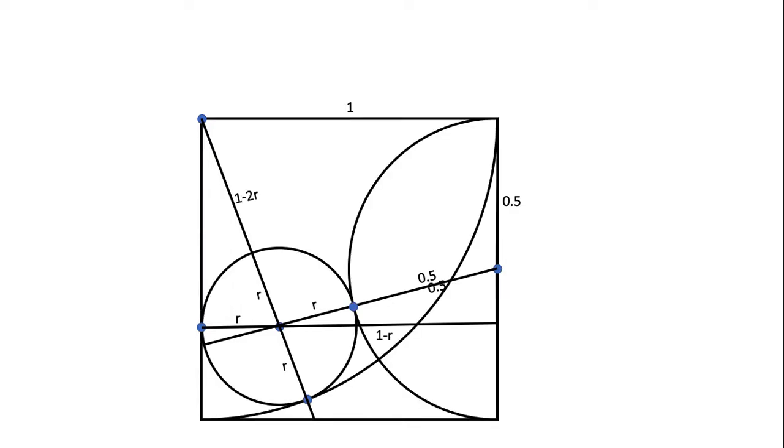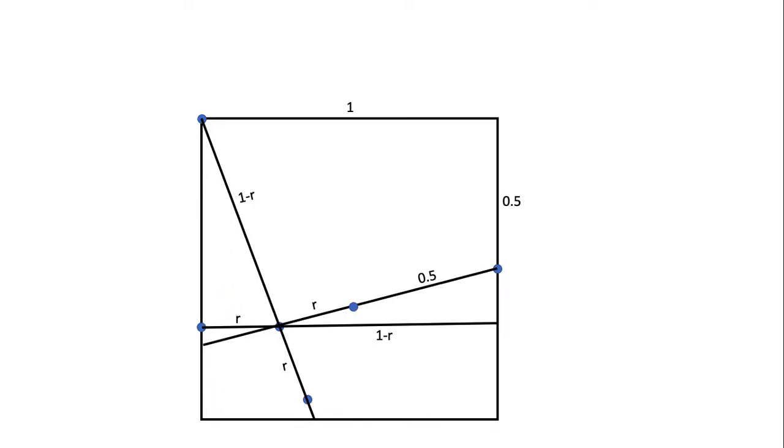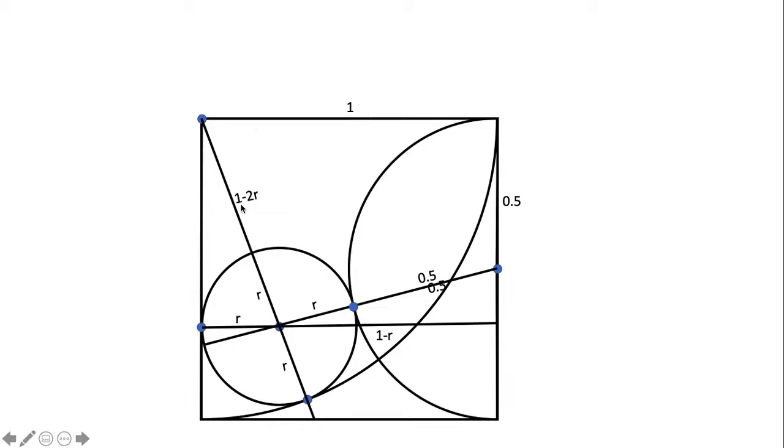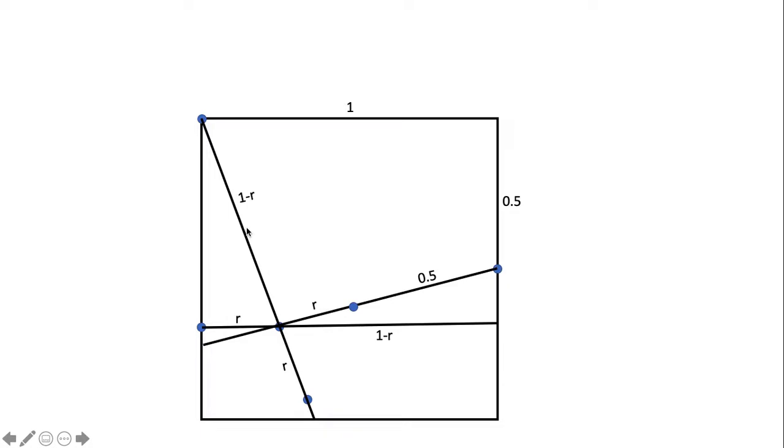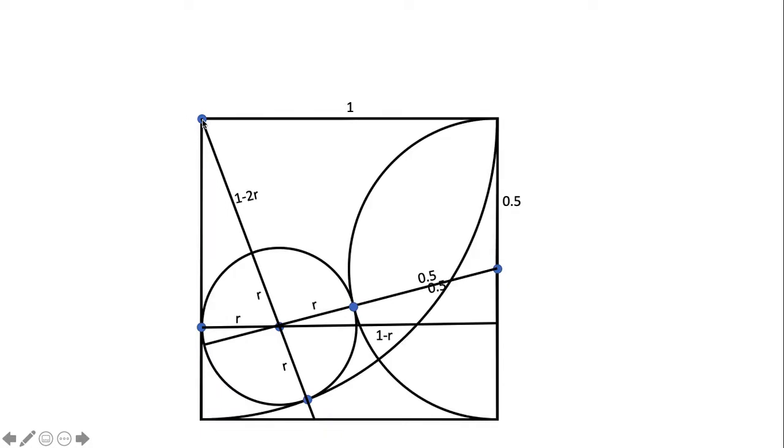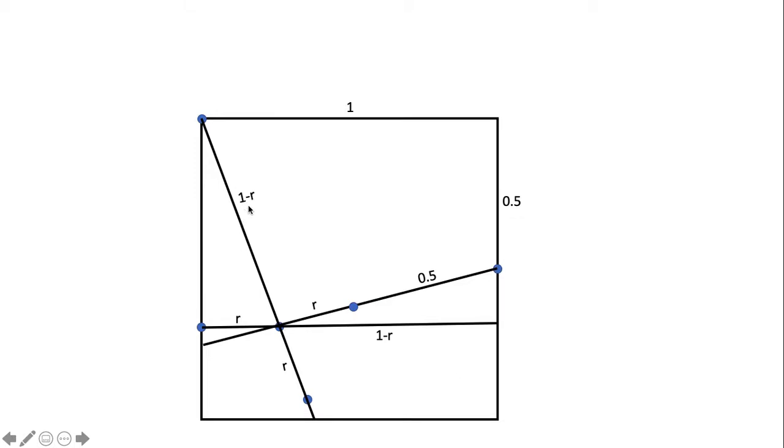And then I've taken all of the circles away. And as I'm taking those away, note how this changes to 1 minus 2r, because instead of talking about from here to here, I'm adding in the extra bit here. So 1 minus 2r plus the extra r makes just 1 minus r. And then what I've got is a bunch of right-angled triangles. So a right-angled triangle down here with sides 1 minus r, and then r plus 0.5, r plus 0.5, and